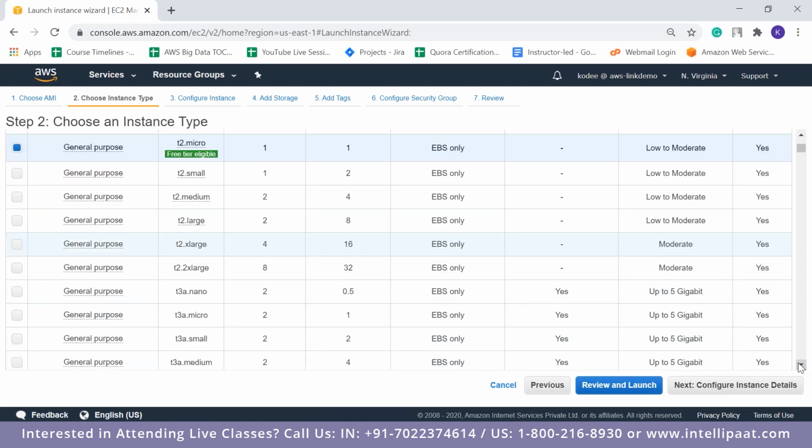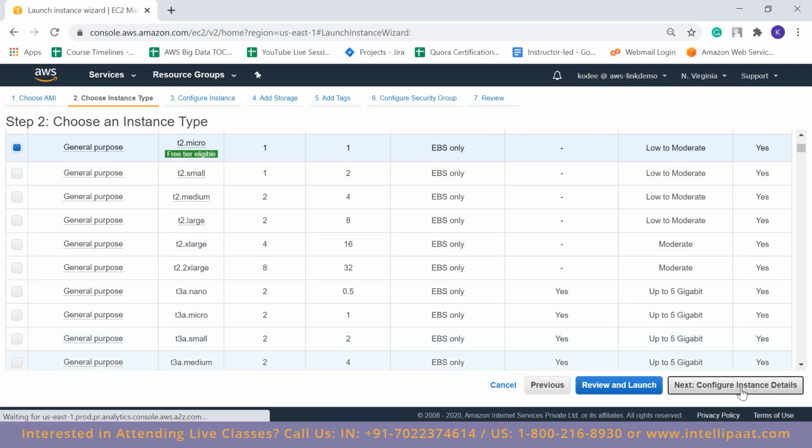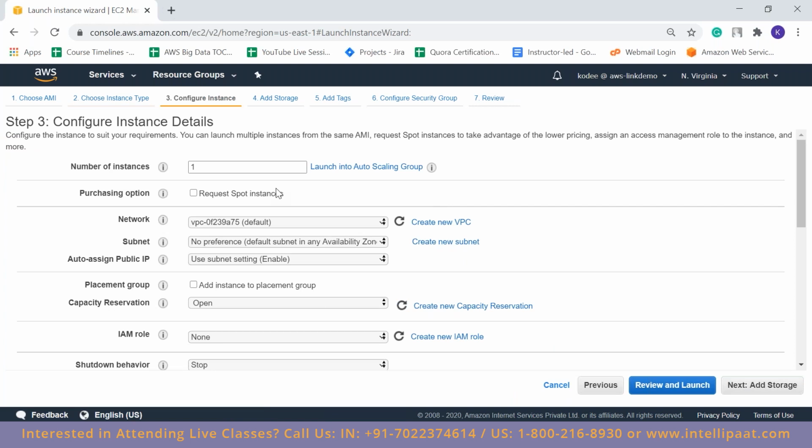There are huge instances as well. These are some of the smaller instances. There are really huge instances, and they'll cost you a lot. So don't directly launch any huge server and get billed. Start off with T2.micro, learn how AWS pricing works, and then move ahead if you want to launch bigger servers, bigger instances.